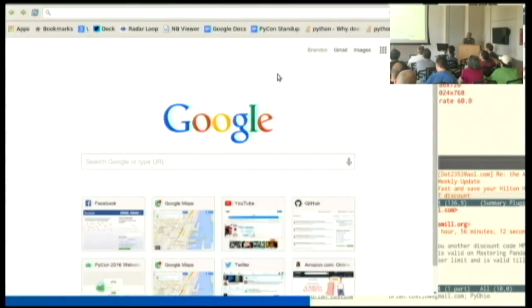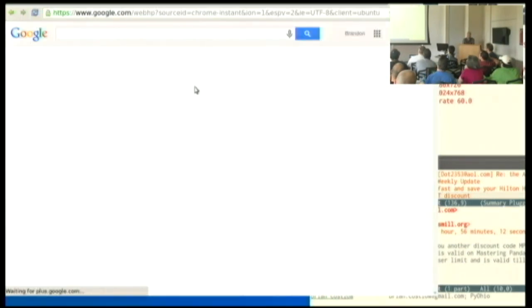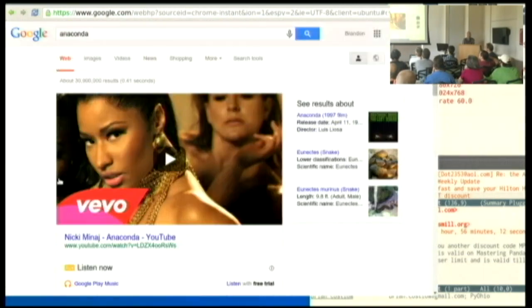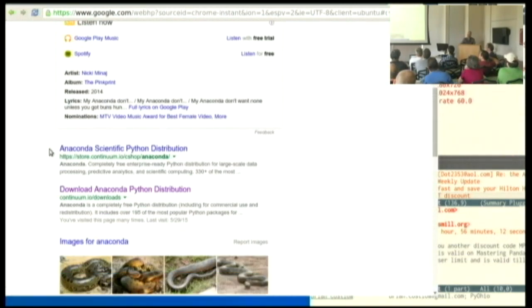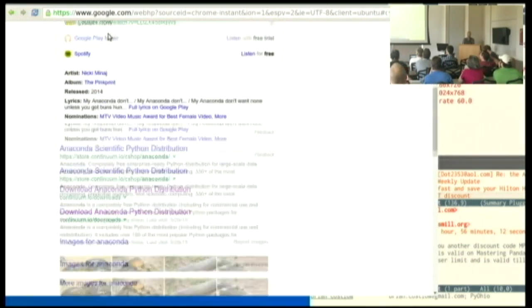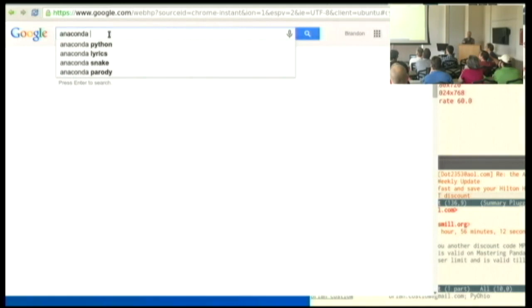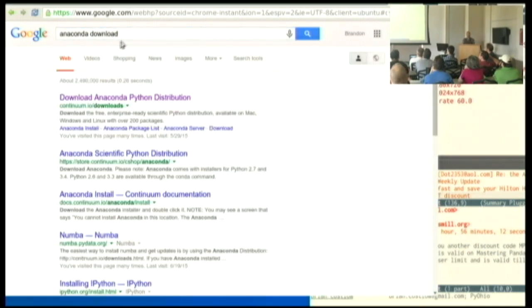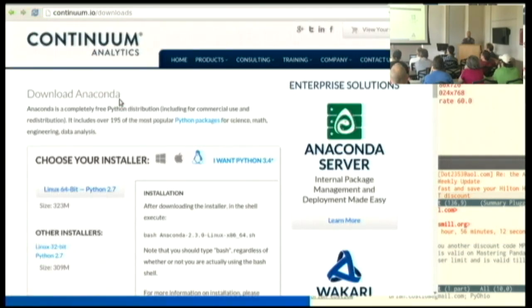Let me briefly here get control of my browser. There, now I can do web searches. I promised to show you 2 things. First, if you look up Anaconda, when I was teaching this last year, the Python product was always the first thing to come up. It no longer is. There's another problem, by the way, which is that if you simply go to the Anaconda page and click on download, it asks you for your email address. Like, how intrusive is that? Look up instead Anaconda download, continuum.io downloads, and you go right to the page that otherwise they want your email for you to visit.